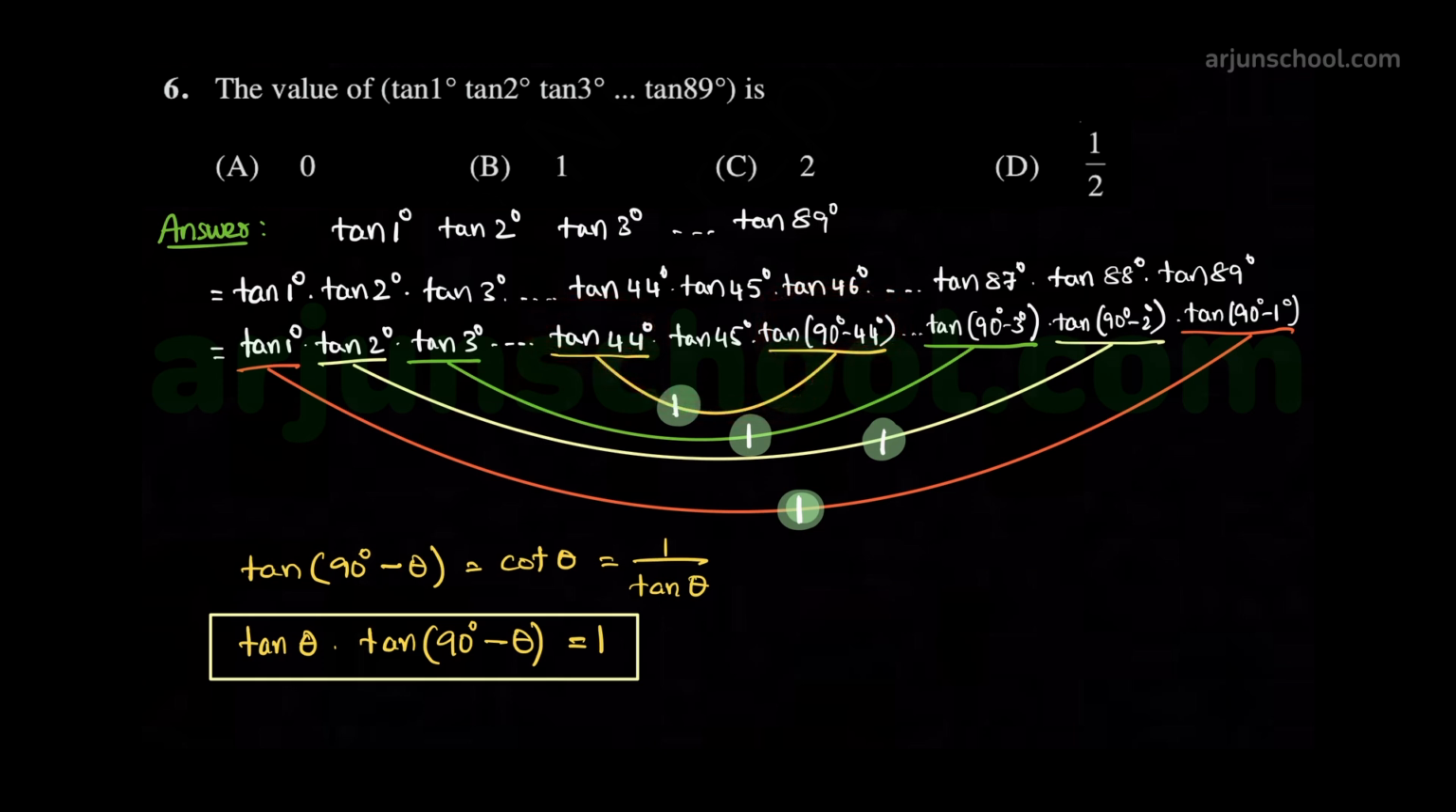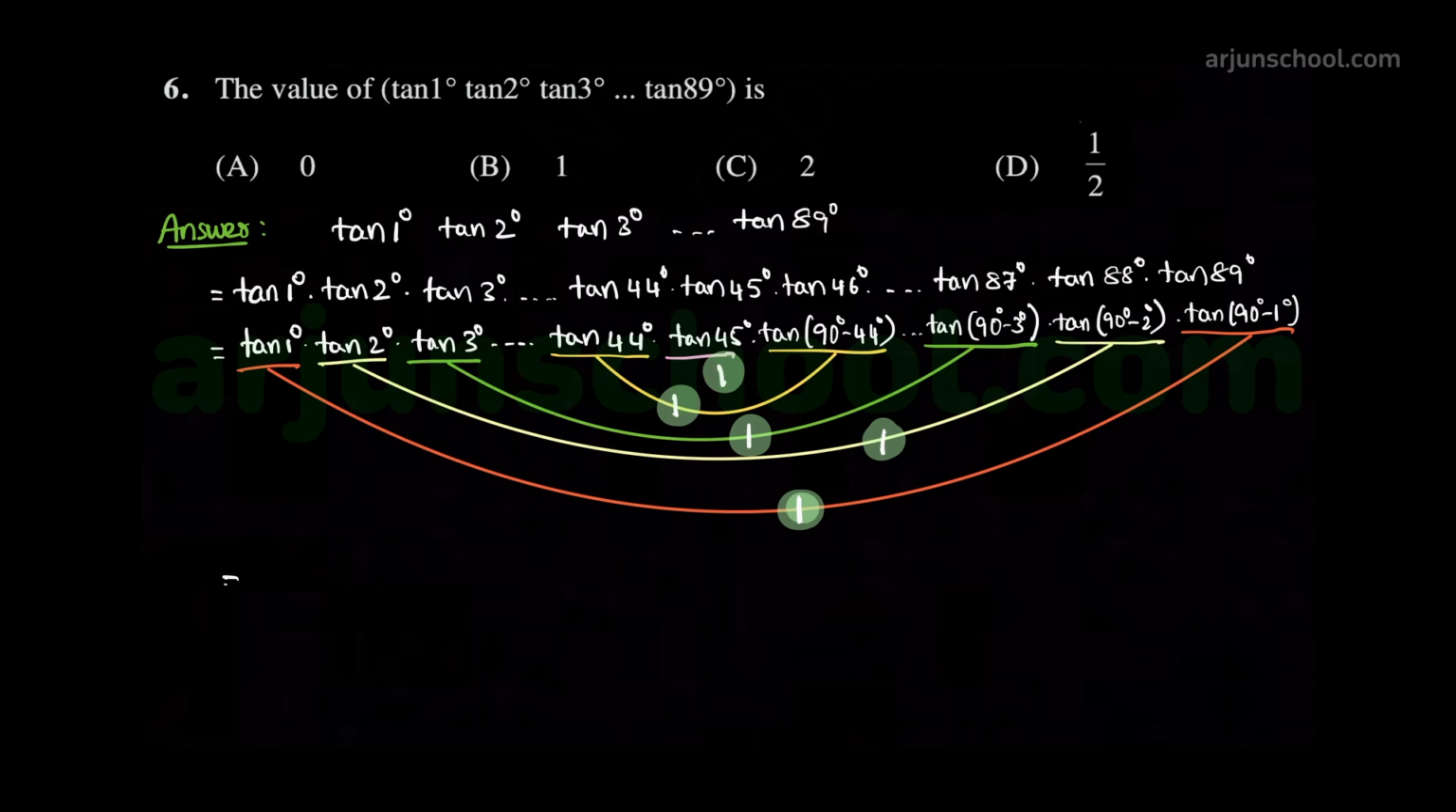And from the standard trigonometric values, we know that tan 45 degrees is 1. Therefore, the given expression can be written as 1 into 1 into and so on 1. The first 44 terms and last 44 terms, we get 1 into 1 and so on 44 times. And tan 45 degrees is 1. That is a product of 1s 45 times, which is equal to 1,